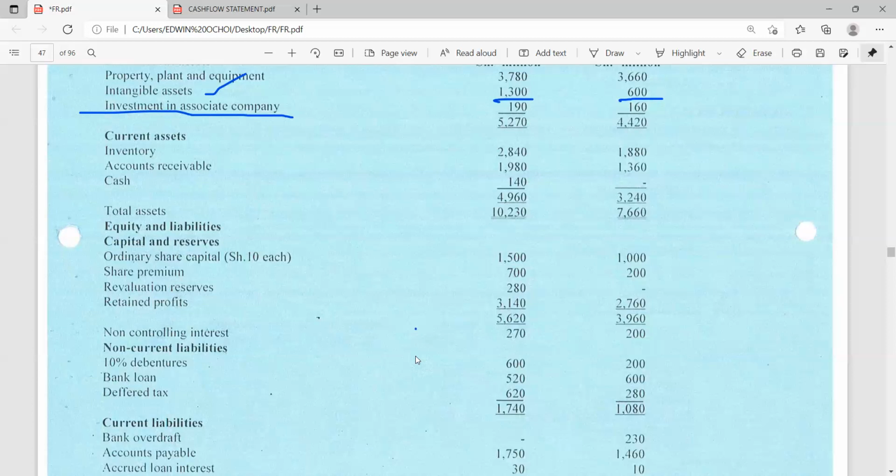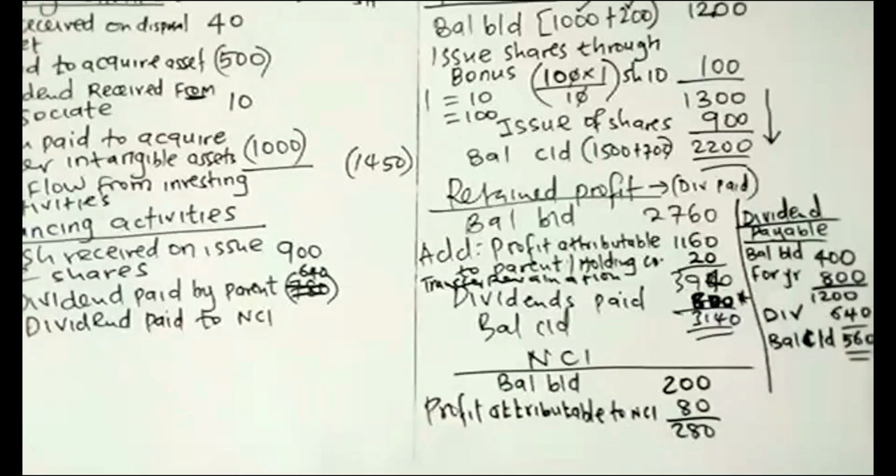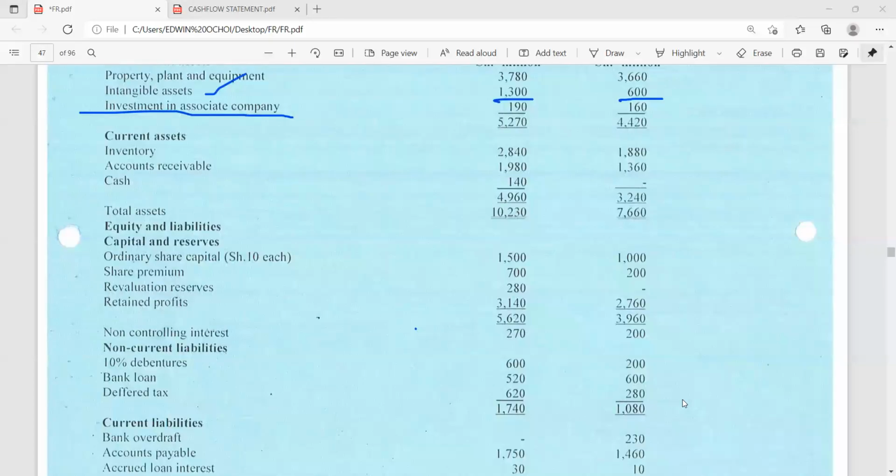So I'm taking a balance brought down of NCI. So that is why I was asking, so that I check. Are you seeing what I'm doing? So the balance brought down of the NCI is,